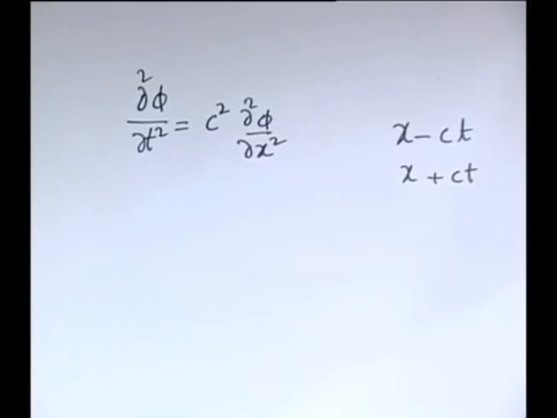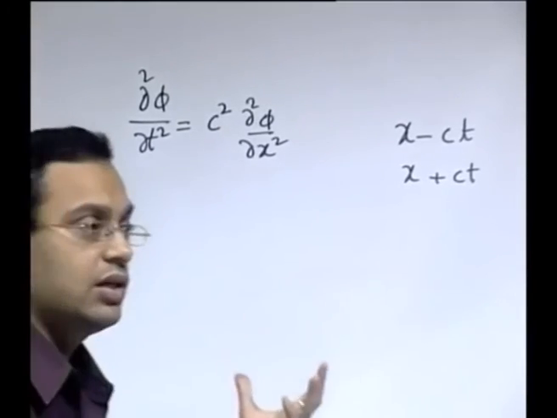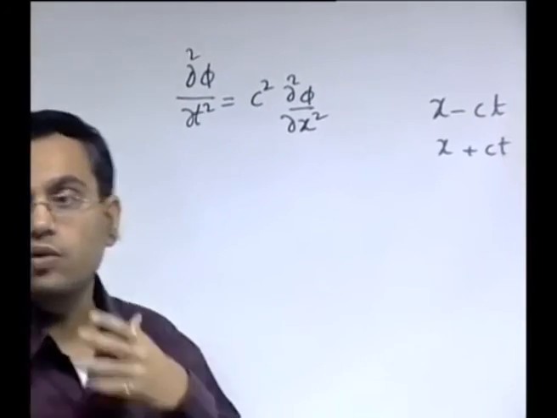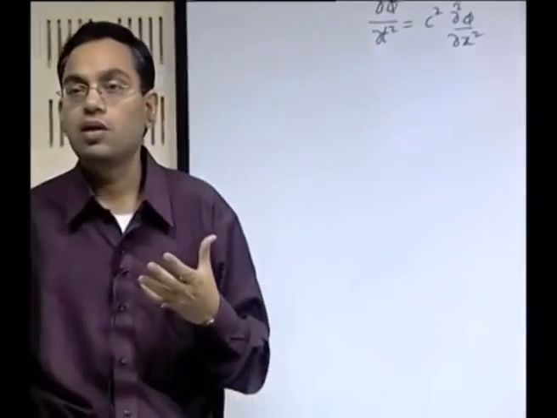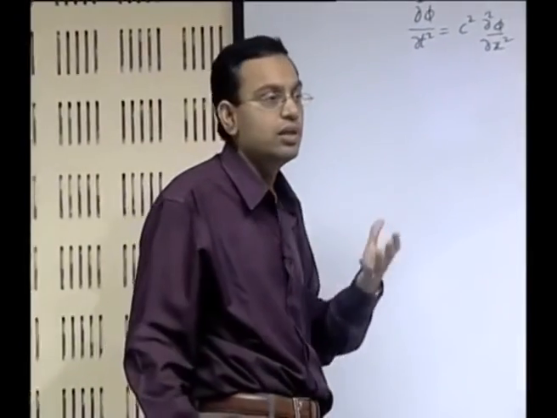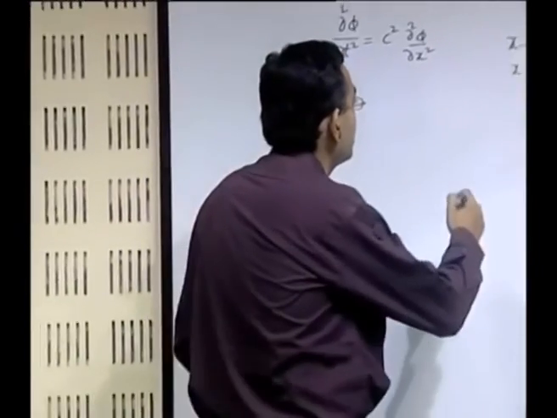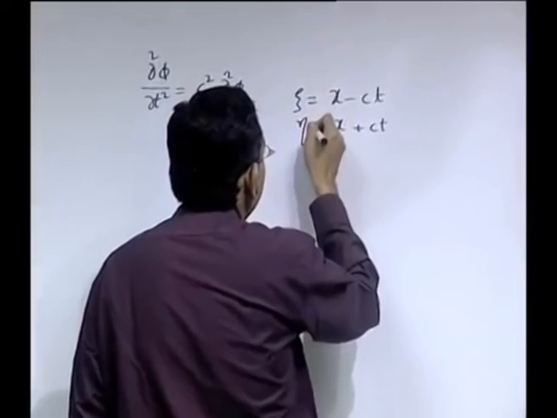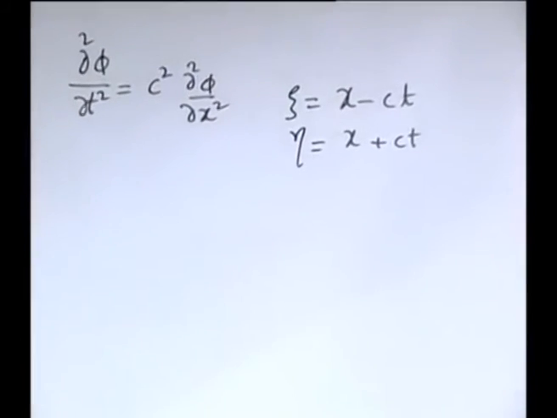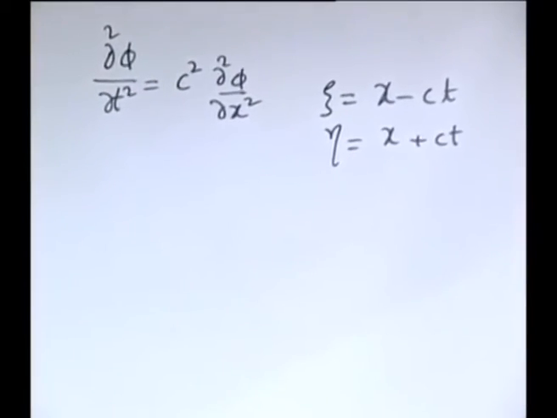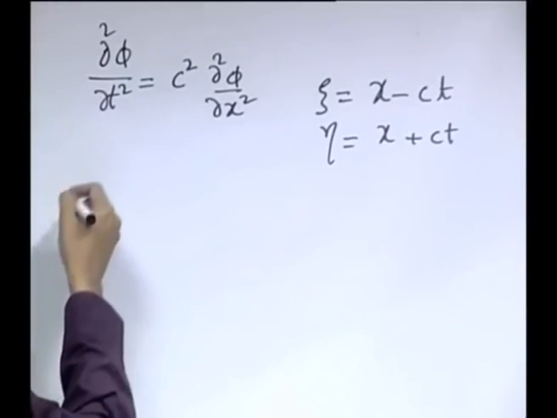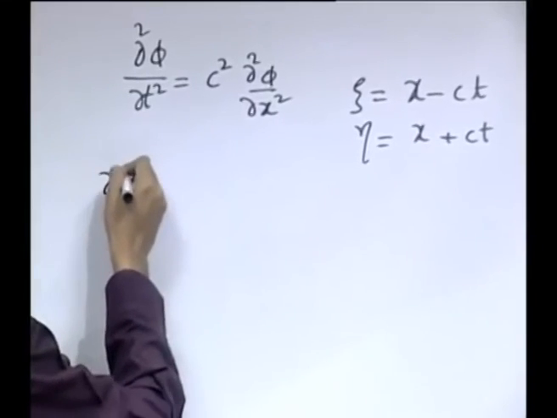And now what we will show is that it is possible to write the solution of the partial differential equation solely in terms of these characteristic variables. So, that is the canonical or general form of the solution, where you write the solution in terms of these characteristic variables. Let us give these some names, say zeta and eta. So, let us try to cast the solution in terms of these variables. Let us do it step by step.